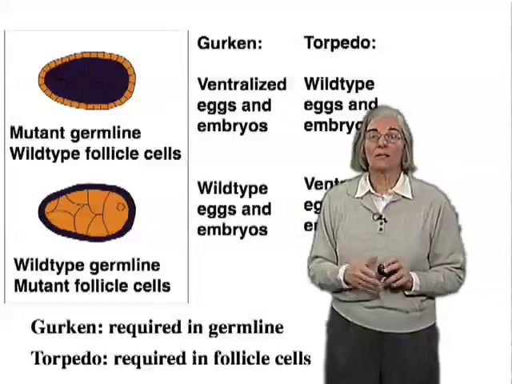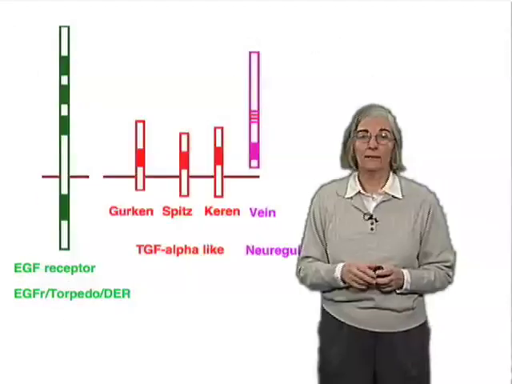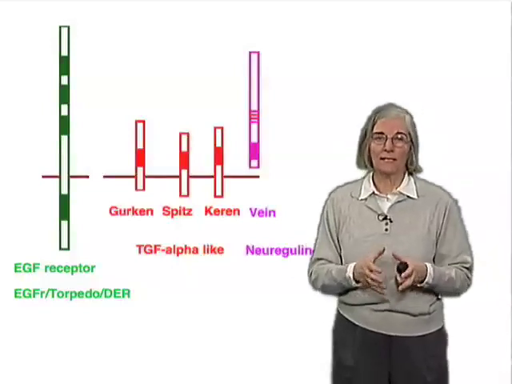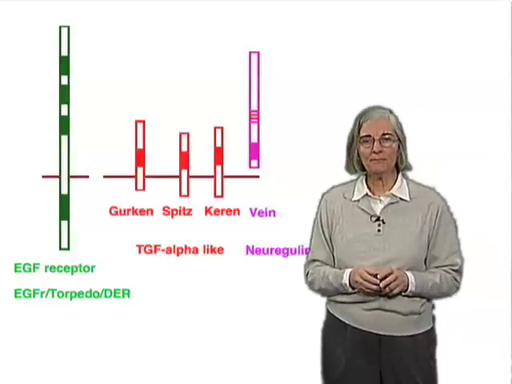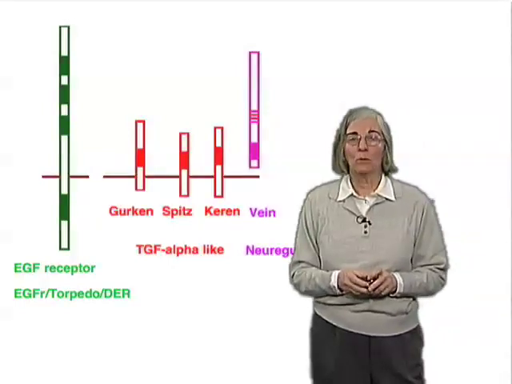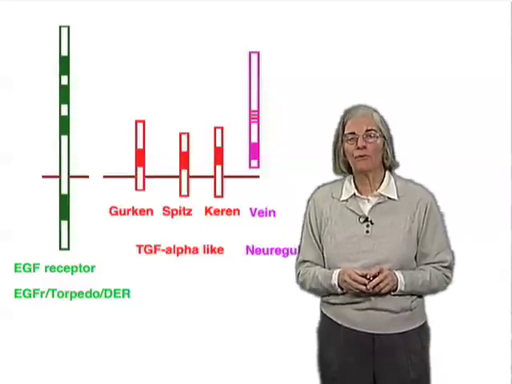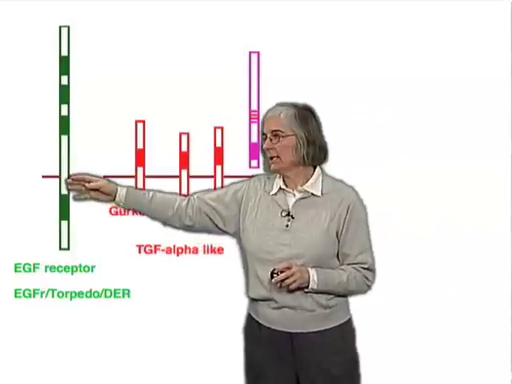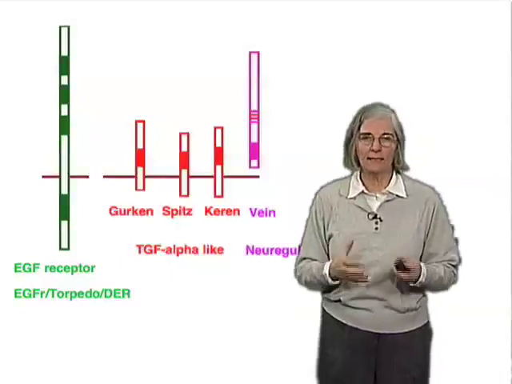These results were further corroborated after we cloned the genes and found out what the proteins are that are encoded by Gurken and Torpedo. Torpedo, we found, encodes the Drosophila homologue of the epidermal growth factor receptor. So this is a receptor molecule that's very large. It sits in the membrane of cells and it can bind